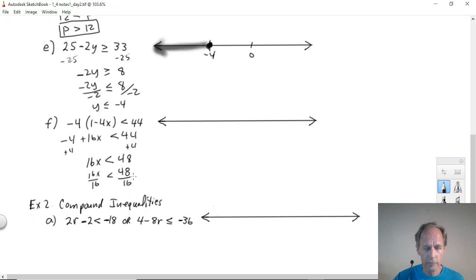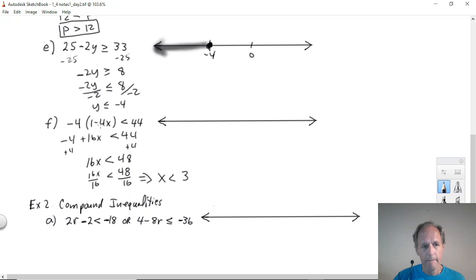Didn't leave quite enough room here. Come on over to here. That's x is less than 3. So everything less than 3 should satisfy it, but 3 shouldn't. And our quick check is if we put in 3, we would have to have 12 there, and 1 minus